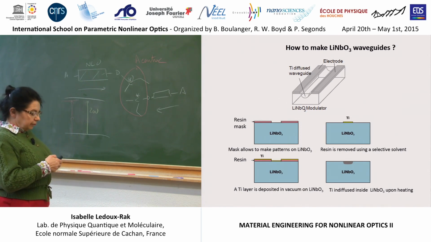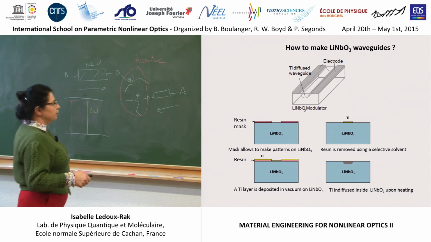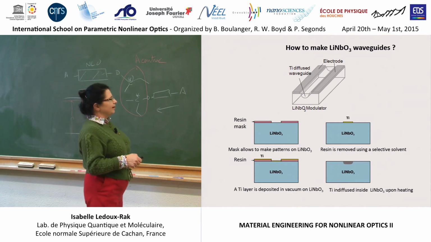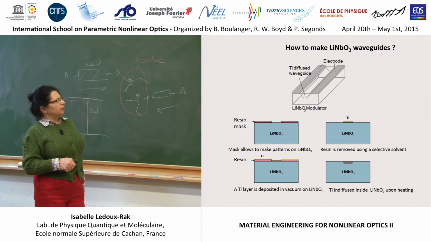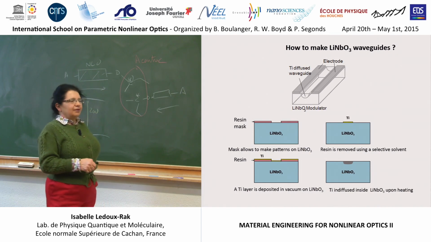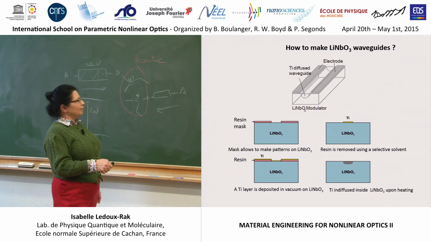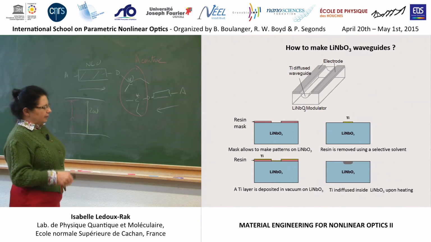Then it's possible to make a device by putting some electrodes, but you can see that electrodes can be put only in a lateral configuration. The electric field for electro-optic modulation is only horizontal. It's not possible to put electrodes along the vertical direction because this is a monolithic method and it's difficult to position electrodes very close to the waveguide itself.